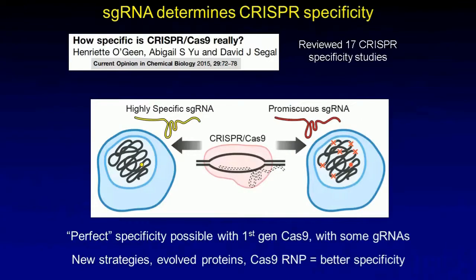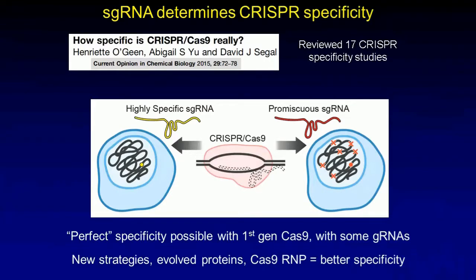So we would like to have these nucleases work as efficiently as possible and as specifically as possible. There's been many studies on CRISPR-Cas specificity in particular, because the nuclease is so easy to work with. And there's been a number of different types of methodologies that have evolved, each one giving us the ability a little bit more cleanly to recognize where the nucleases are actually cutting, and then report on all the places in the genome where the nuclease is cutting.